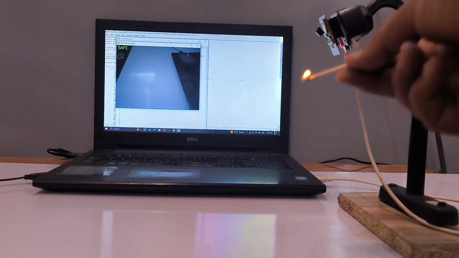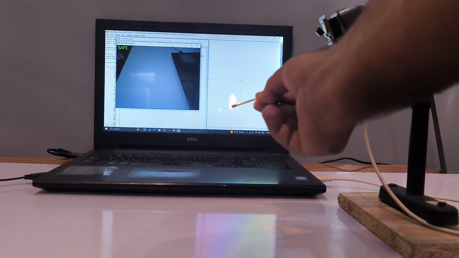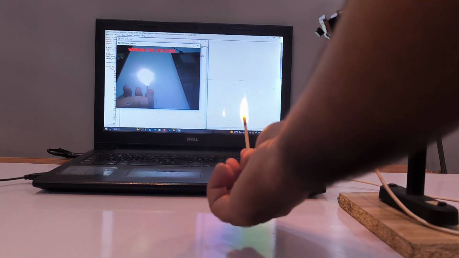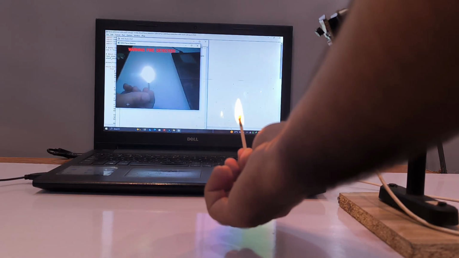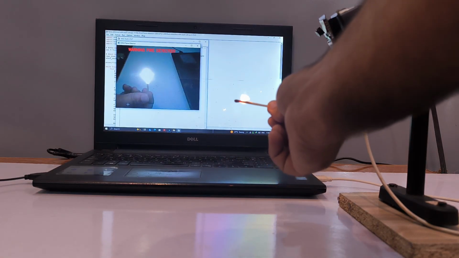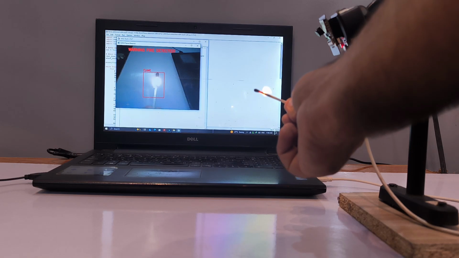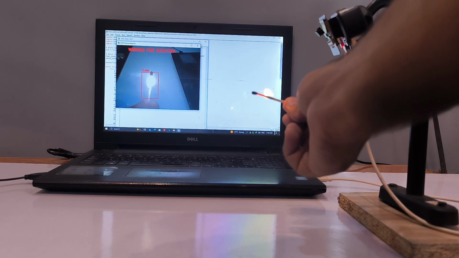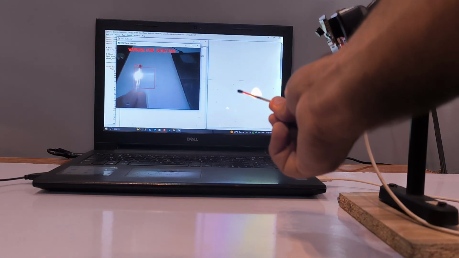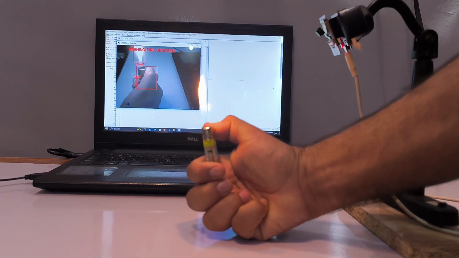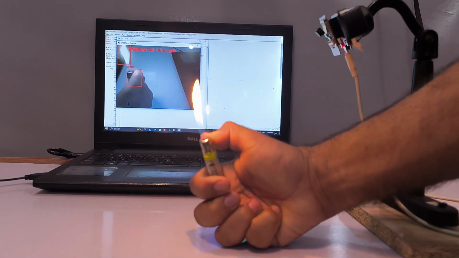Next, I test the system using a matchstick, and it also successfully detects the flame in real time. This confirms that the ESP32-CAM based flame detection system is working accurately. So guys, this is how you can build a real-time flame detection system using ESP32-CAM and Python with OpenCV. The system successfully detects fire in different conditions and gave an instant warning, which can be very useful for safety